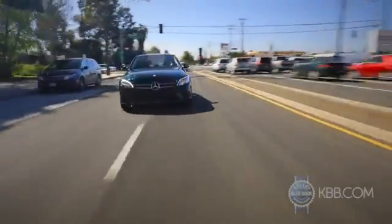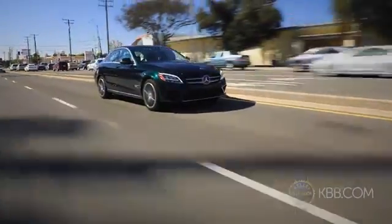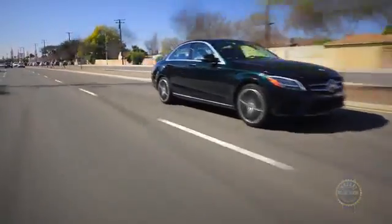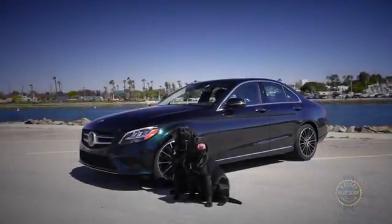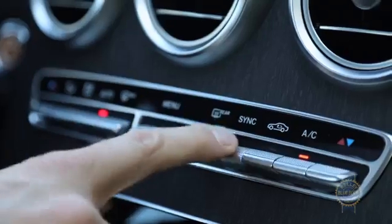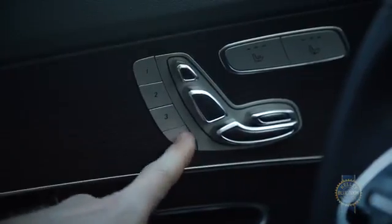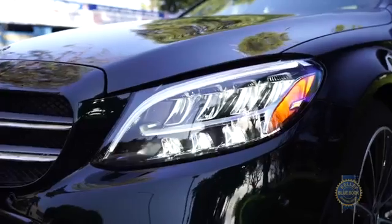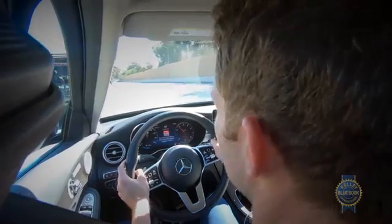Keep things simple, and with destination charges, a rear-drive Mercedes-Benz C300 starts around $42,500, a price well above many of the C-Class's competitors. However, that MSRP does include a wealth of fine features like dual-zone automatic climate control, power seats with driver-side memory, faux leather upholstery, several choices in wood or aluminum trim, LED head and taillights, automatic emergency braking,